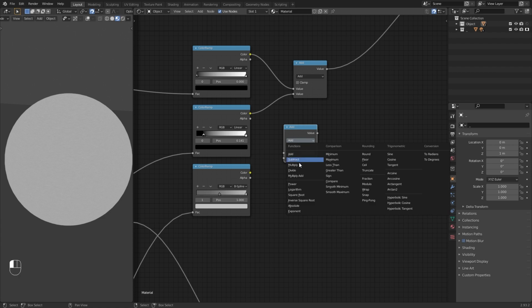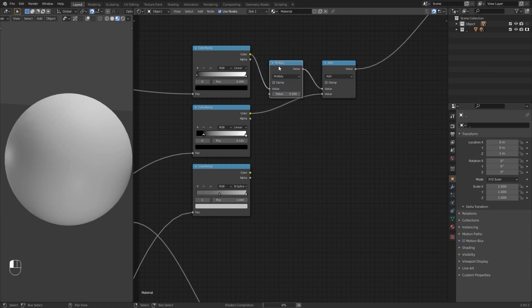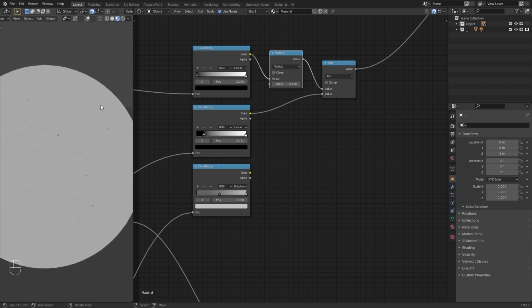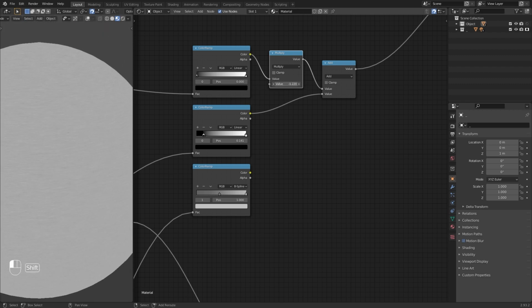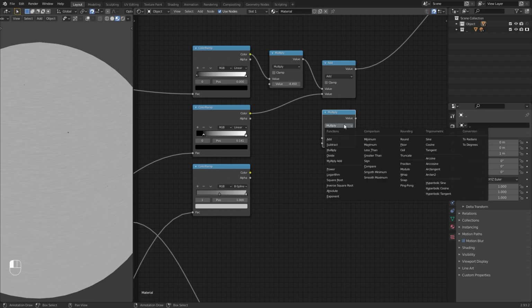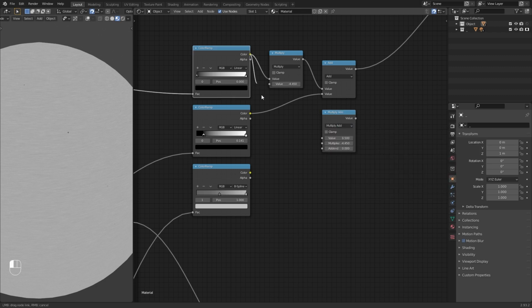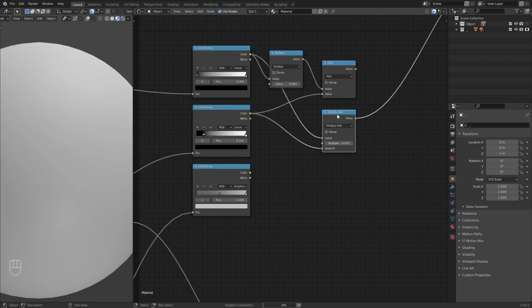Change its function to multiply and set this on this first color ramp connection. Here, we can multiply the value of this texture by a negative value using this multiply math node. We can also do the same operation as we do using these 2 nodes, using the multiply add function of this math node. So, add another math node here and set its function to multiply add. After connecting these textures to this, you can see that the results given by these nodes are the same.